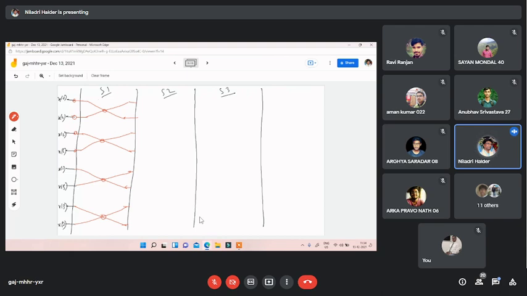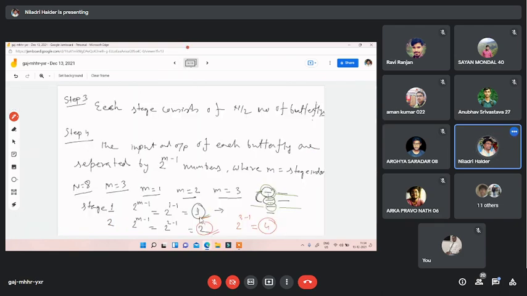Okay. So the drawing of the butterfly for stage 1 is done, and these are the inputs for stage 2. The output of stage 1 is the input of stage 2. Now you have to draw the butterfly for stage 2. For stage 2, the bit separation will be 2.